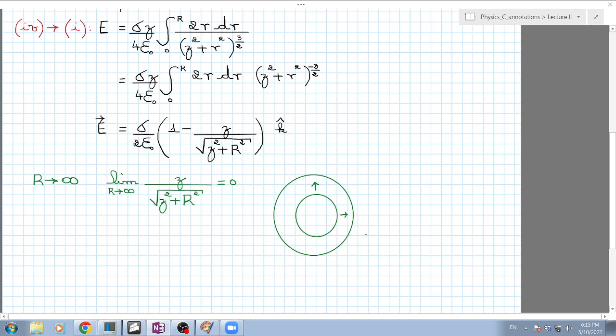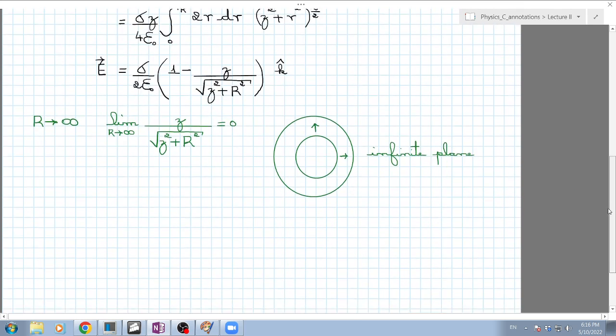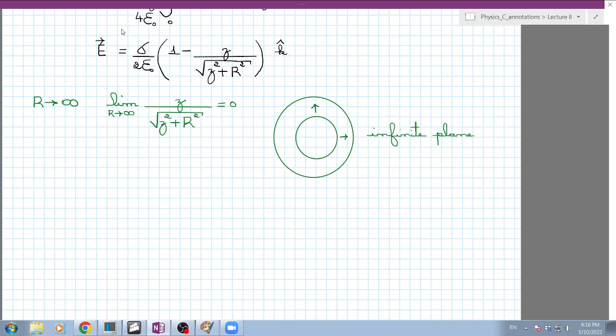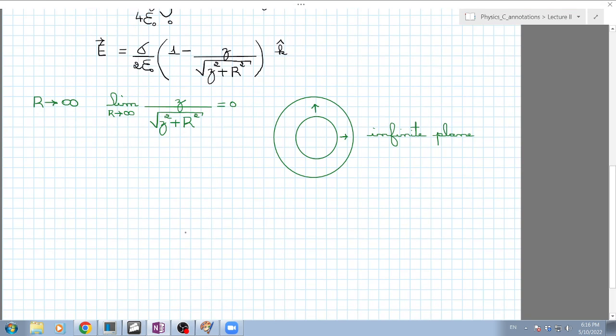So that means that you can actually approximate that as one infinite plane. And in this case, and this is a very important result, I'm going to put this result in red as that from one infinite plane,